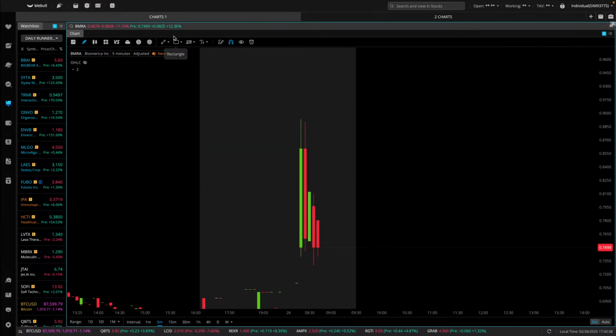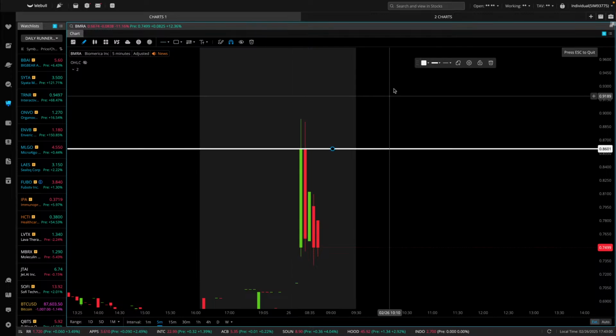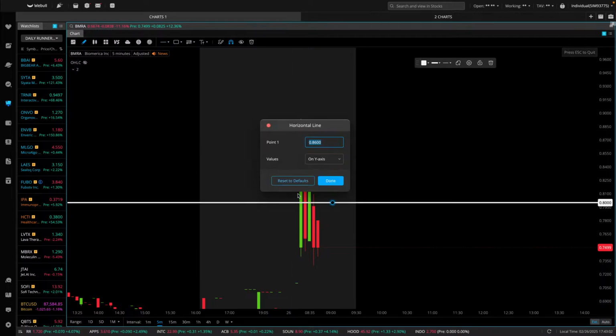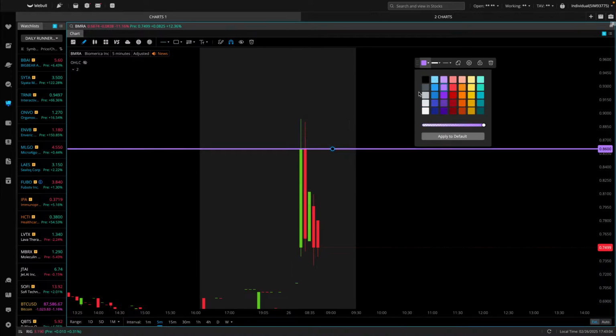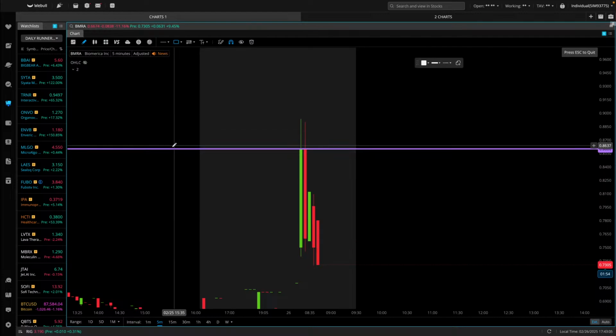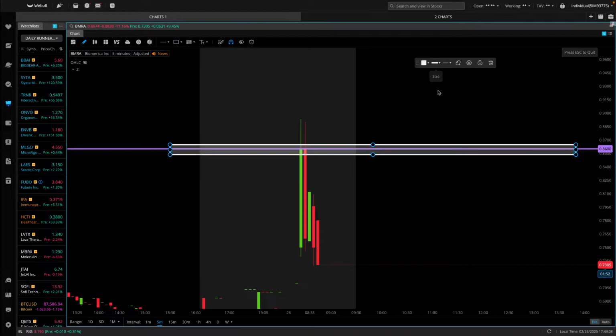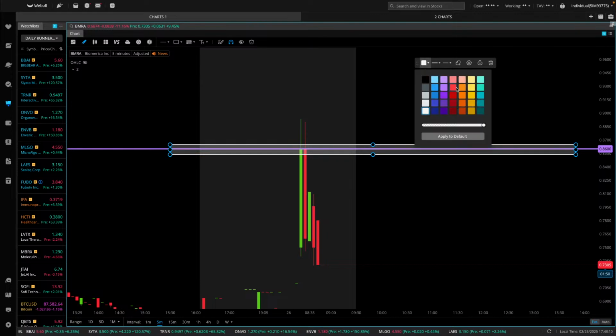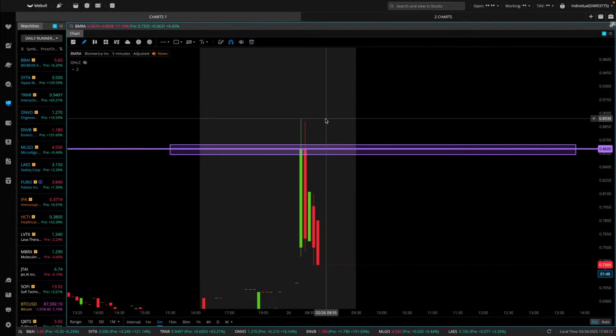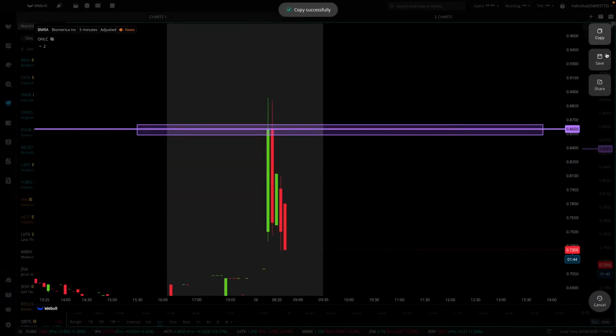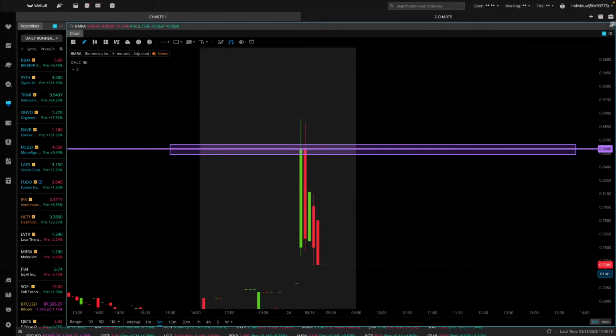BMRA, you have two ways of trading this. You can wait for a 5-minute candle to close above 0.86, or you can take an impulse buy above the highest wick point, which is 0.894. So BMRA, wait for the 0.86 break. But yeah, nothing yet for me. I'm not going to add it to my watch list. I'm not really too interested in it yet.